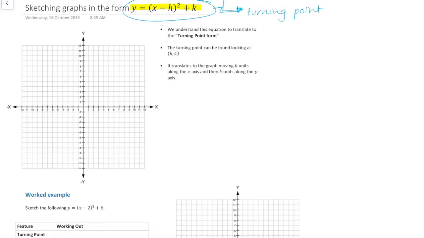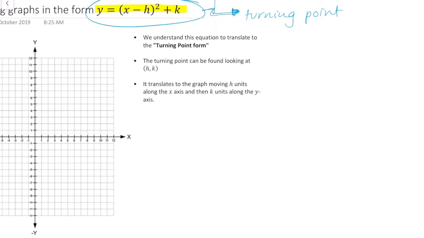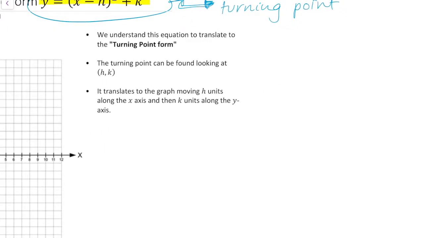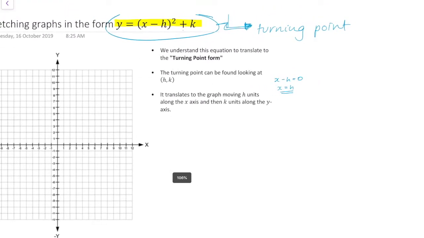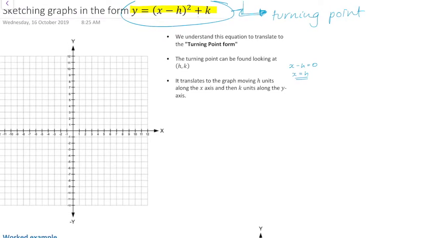The turning point can be found by looking at the value of h and the value of k. The reason that h is not negative in our turning point is because if I went to solve for x, because I'm trying to find the x value, basically what's going to happen is the following, which is why h is positive. And then we've got the value of k, it's positive, and that's consistent with how it's represented in the general form. So what this translates to is that the graph has moved h units along the x-axis